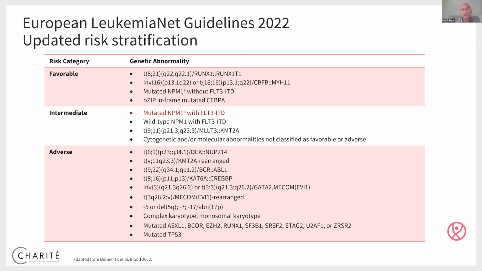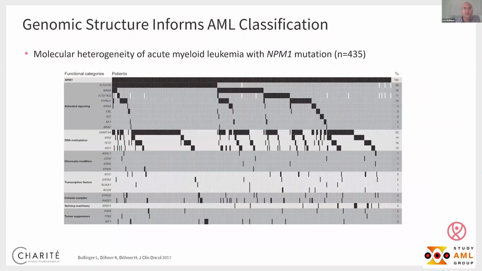If they come along with a FLT3-ITD, then they are going into the intermediate risk. So what has changed here is that the ratio is not taken into account anymore. So if a FLT3-ITD is present, it's rated intermediate. Only NPM1 without FLT3-ITD is favorable. But for many years, looking at the cohort in more detail, we know that AML is a subgroup that is, of course, not only heterogeneous on the molecular level, but that these gene-gene interactions, the co-mutational patterns, also impact